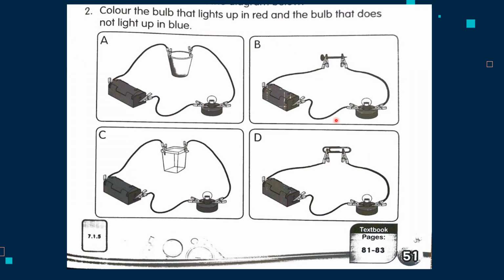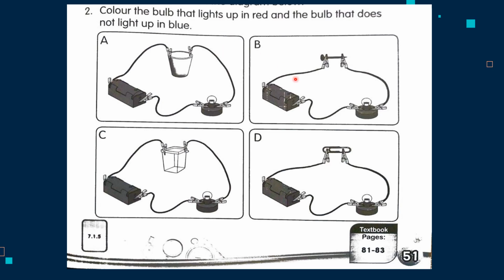When you test the objects, mentol yang menyala awak perlu warnakan warna merah. Color the bulb that lights up in red. And the bulb that does not light up in blue. Mentol yang tak menyala bila disambung dengan objek-objek ni, kita kena